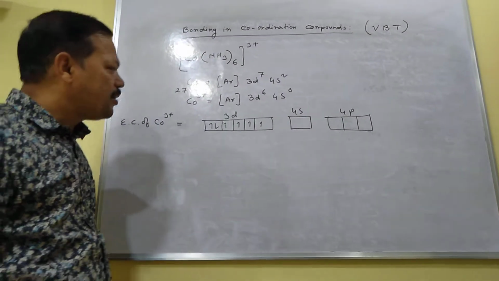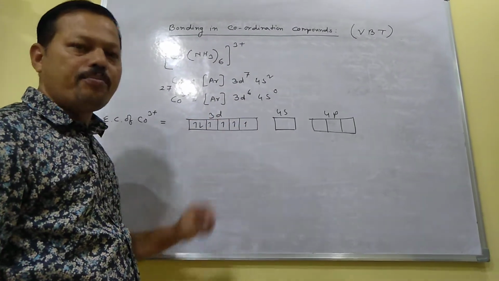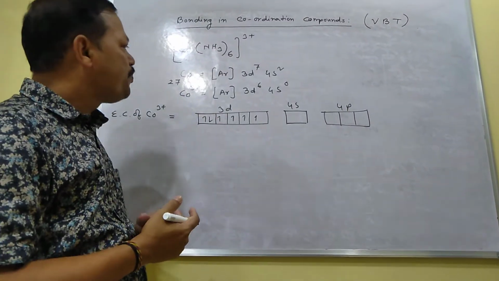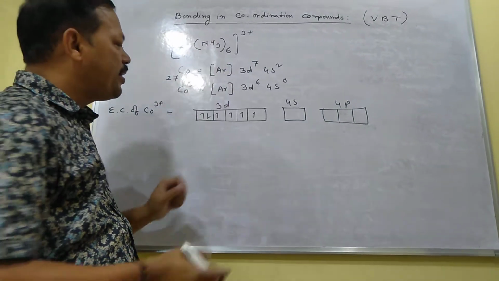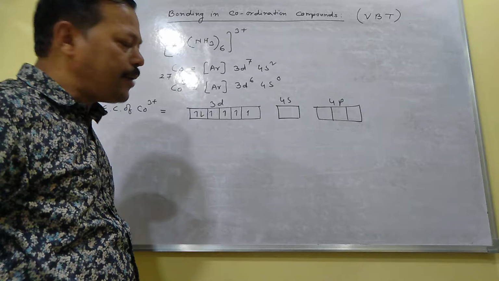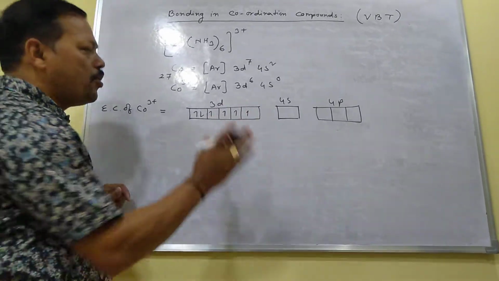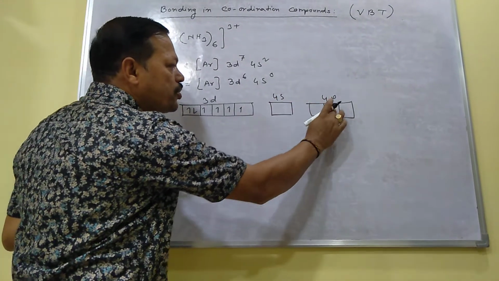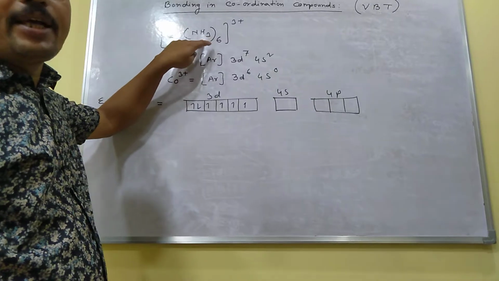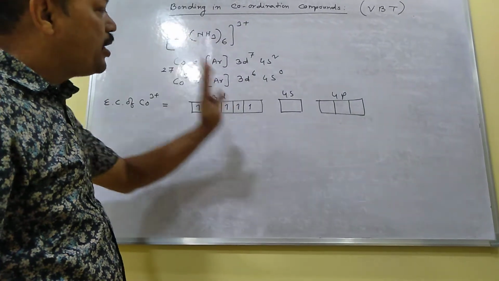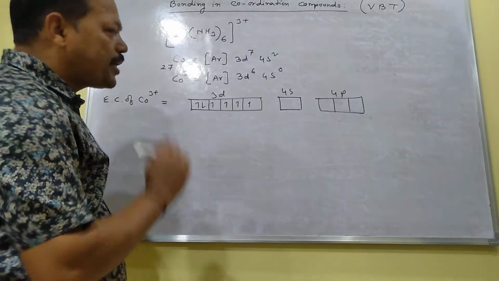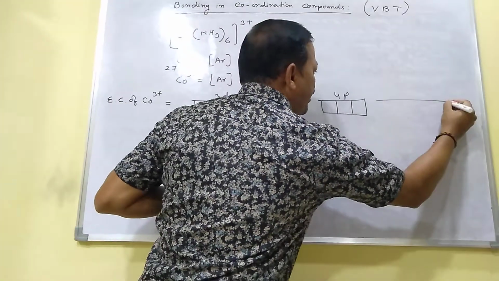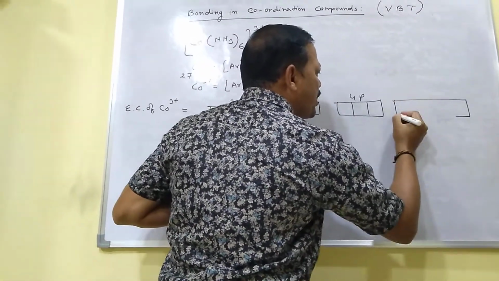Since ammonia is a weak ligand, the electrons do not undergo pairing. Carbon monoxide and cyanide are strong ligands, that's why they undergo pairing like that. But due to the presence of a weak ligand, here the electrons will remain the same. They do not undergo pairing. Now the vacant orbitals available are 1 2 3 4, but here the ligands are 6. They will donate 6 pairs of electrons, and that is why it requires 6 vacant orbitals. But here only 4 are available. What you have to do is take the next 4d orbital to undergo hybridization.